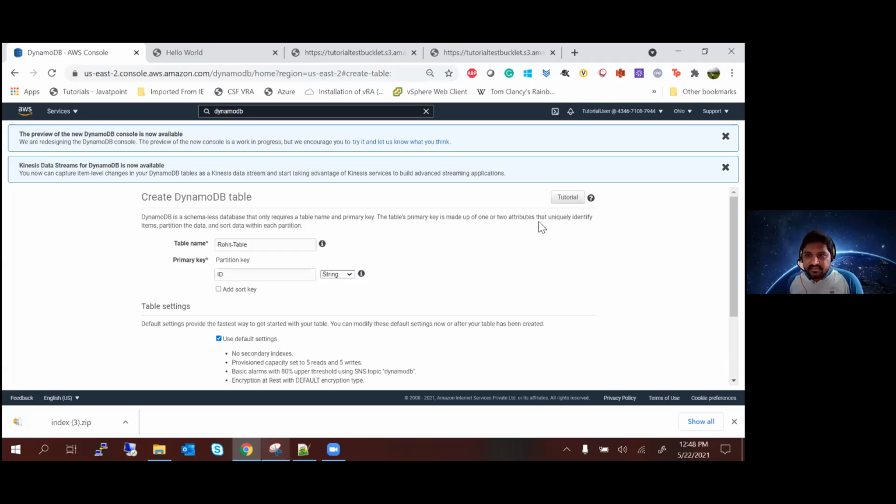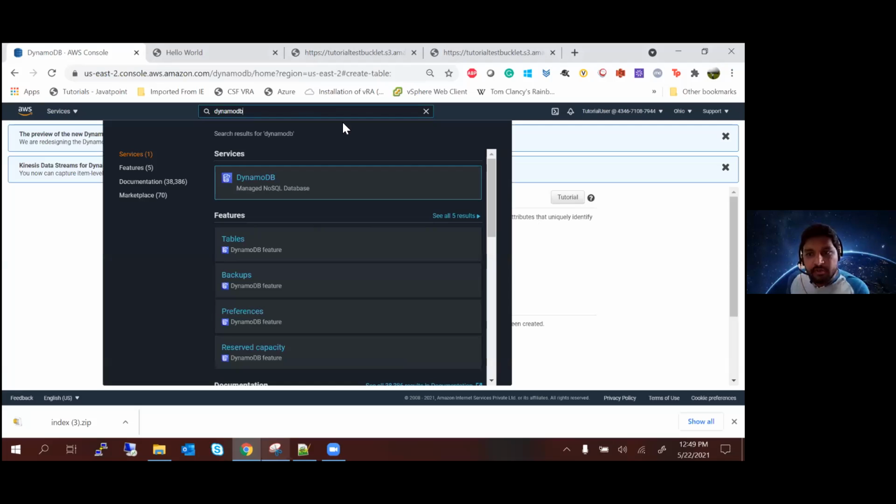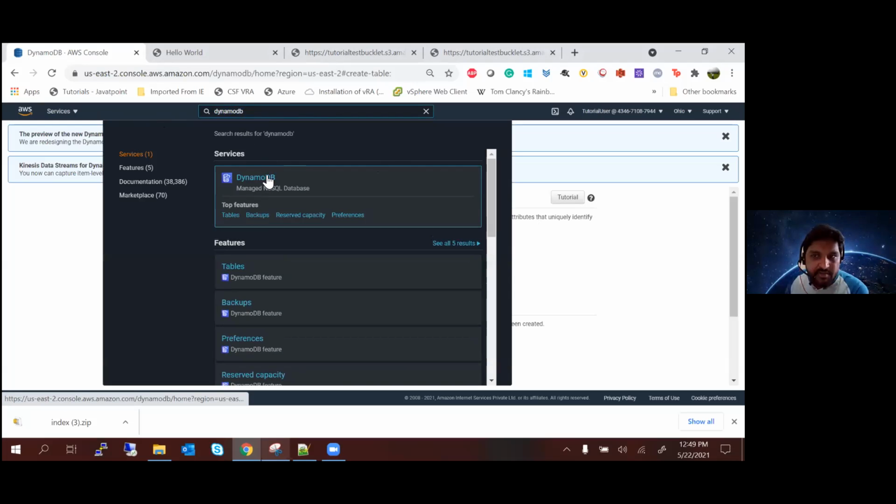Very few yeses. Services, DynamoDB, Anushka. So for those of you who have not created a table yet, all you have to do is in the search box, search DynamoDB. You should see DynamoDB coming up here.